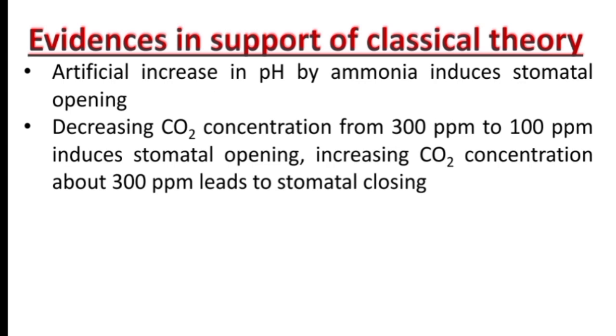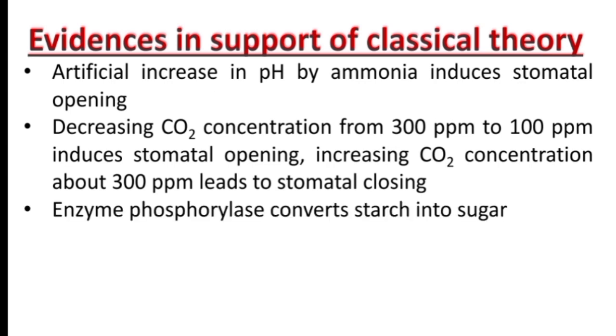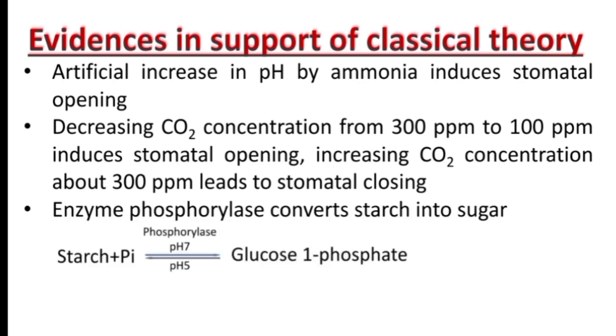The third evidence is the activity of the enzyme phosphorylase. The enzyme phosphorylase converts starch into sugar, but its activity is affected by the pH. At pH 7, it converts starch to glucose, but at a lower pH, that is when the pH is about 5, then the reaction takes place in the reverse direction, that is sugars or glucose is converted to starch and